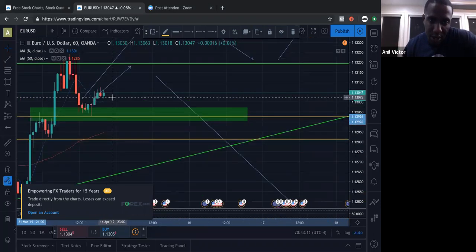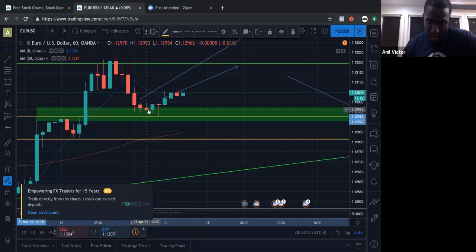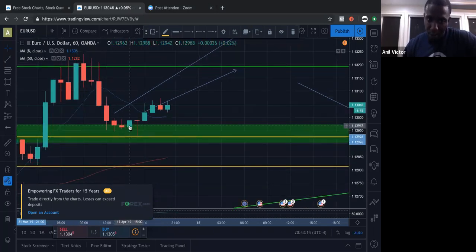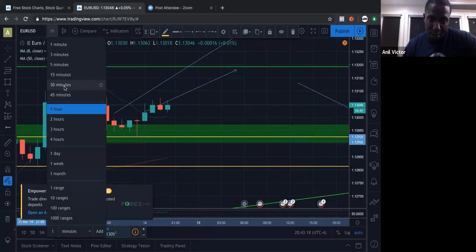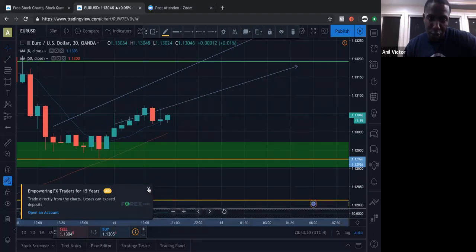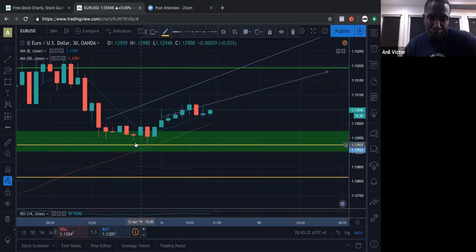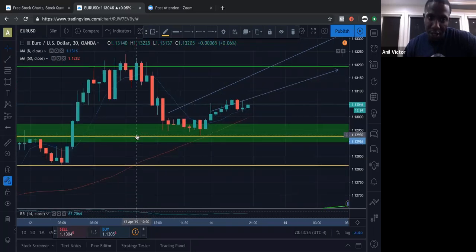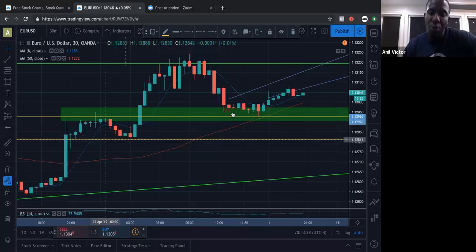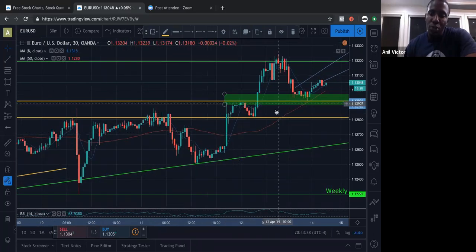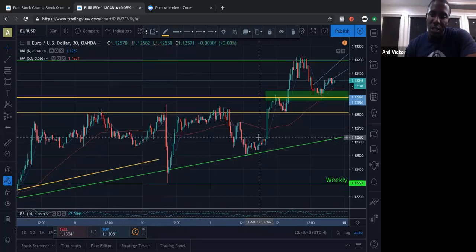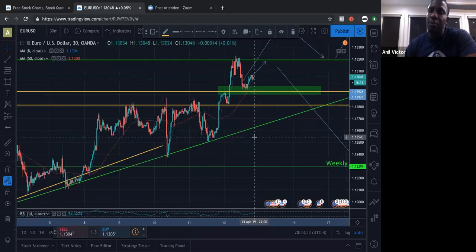As you can see right here, what did we have? We had a bullish engulfing pattern. We could have even looked at a 30-minute chart to see if we could find an even better entry point. Still, we got that bullish engulfing, another confirmation. So that's what we want to do. When you're looking at the higher time frames, you want to draw out the key levels and bring it in to a smaller time frame, continuously drawing out the key levels and looking at the overall trend, right? And then once you have that information in your archive, you see what's taking place,